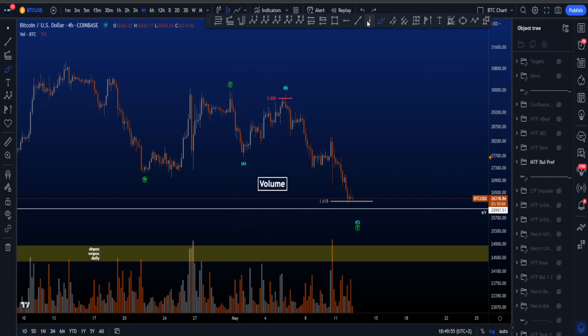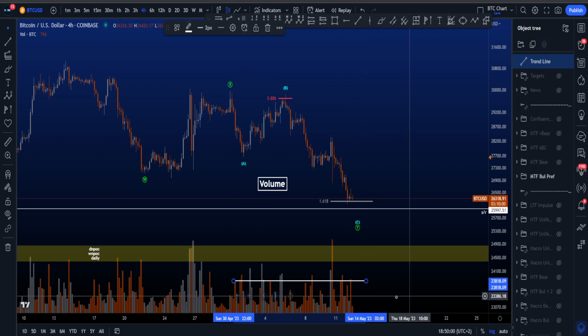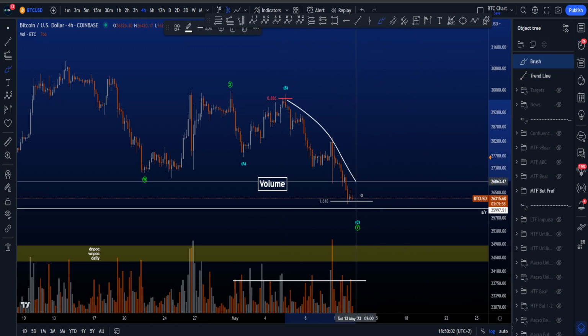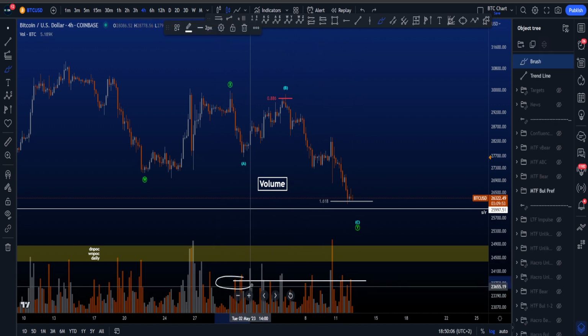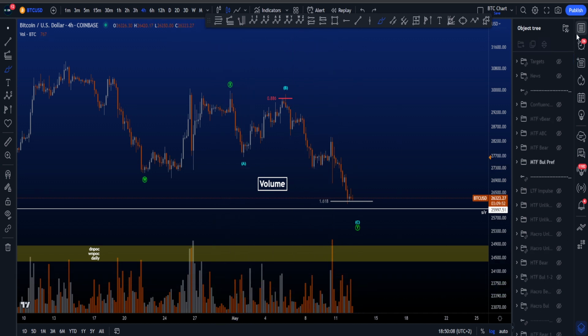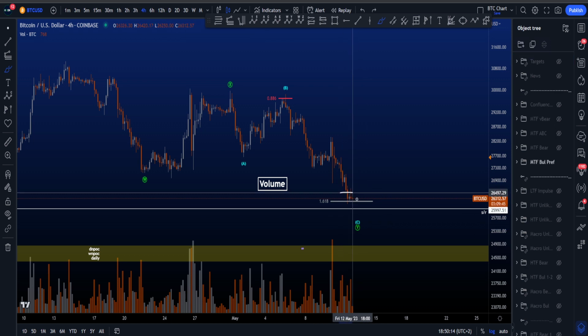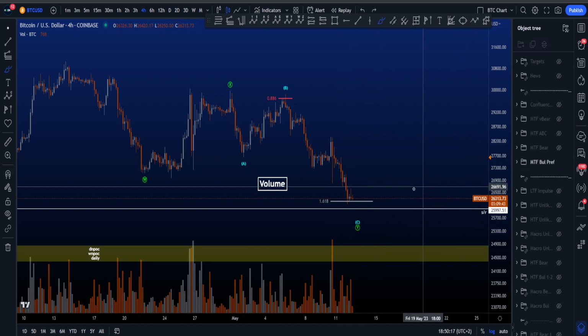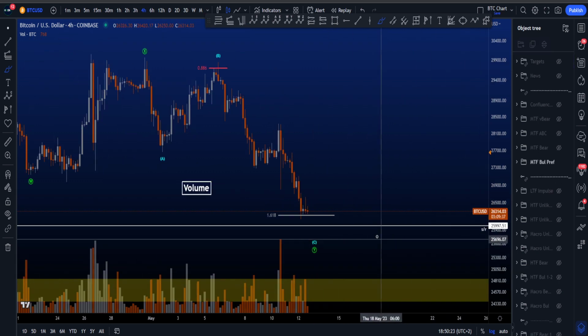as a wave A. And if I pull a horizontal line between the volume of wave A to the volume of wave C, you can see that pretty much the volume of this wave C, which is then reflected over here, is about the same as the volume of wave A. So very, very interesting, which is therefore the reason I am looking for eventually a bit of a bounce in this area. Now, of course, if price is moving further to the downside, I have a scenario for you coming up, but my more preferred scenario is actually looking for a bounce eventually,